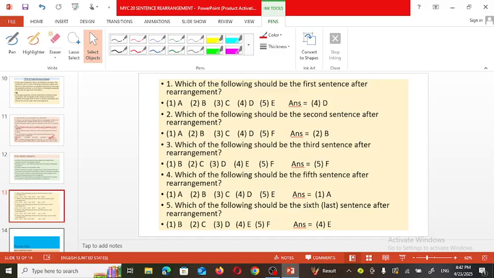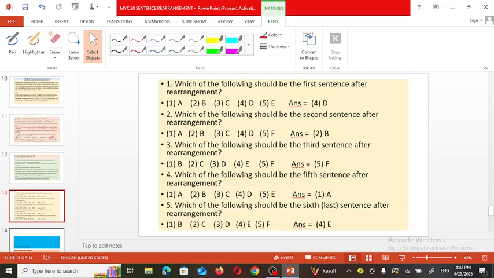And it is not compulsory that they always ask which is the first sentence, then the second sentence. They can ask in between which one will be the third one, which one will be the last one, then which one will be the first one. So you need to be very keen when you are reading the question and answer, as well as it is not necessary that always these A, B, C, D means what the words are given.